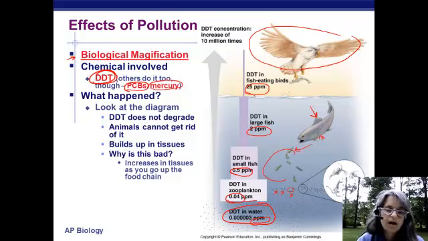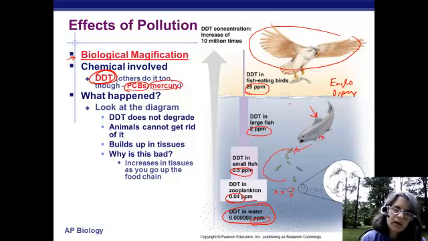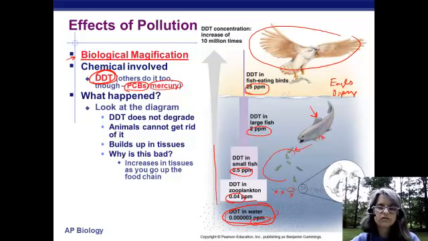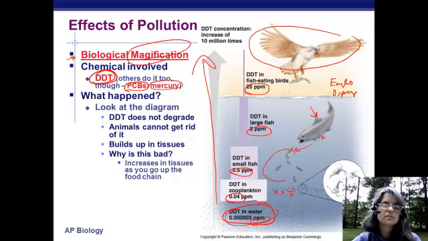What happened in real life was that eagles, ospreys, and other fish-eating birds were eating large amounts of this DDT when they would eat fish. The DDT acted to make their eggs extremely fragile so that they would crush them when they sat on them. So that's biological magnification in one example. The reason it's called that is because essentially you are magnifying the concentration of the poison as you go up the food chain. As you go up the food chain, the amount of poison is getting bigger, so it's magnifying it.